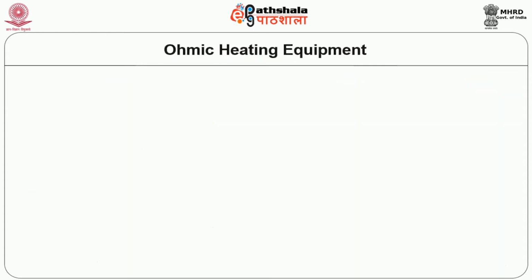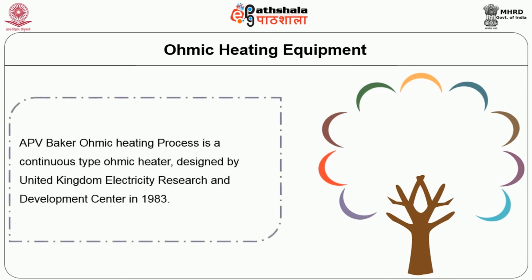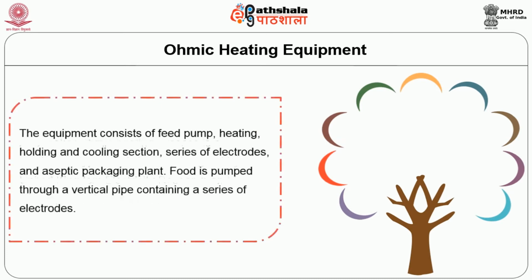So far, we dealt with the principle and effect of ohmic heating process. Now, we will move on to the ohmic heating equipment. APV Baker ohmic heating process is a continuous type ohmic heater designed by United Kingdom Electricity Research and Development Centre in 1983. The equipment consists of feed pump, heating, holding and cooling section, series of electrodes and an aseptic packaging